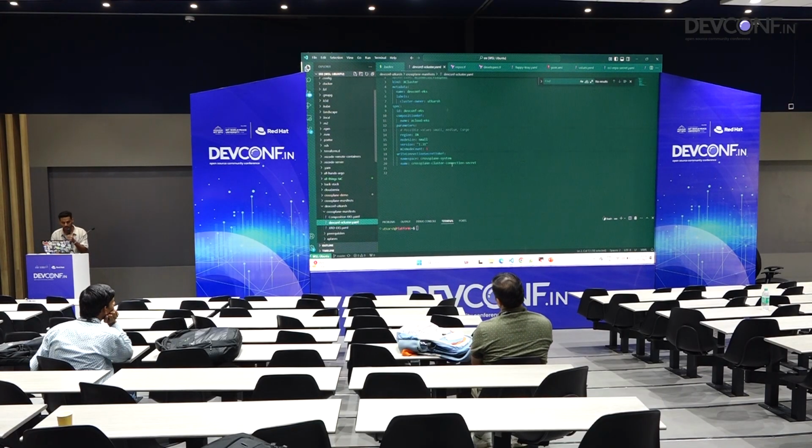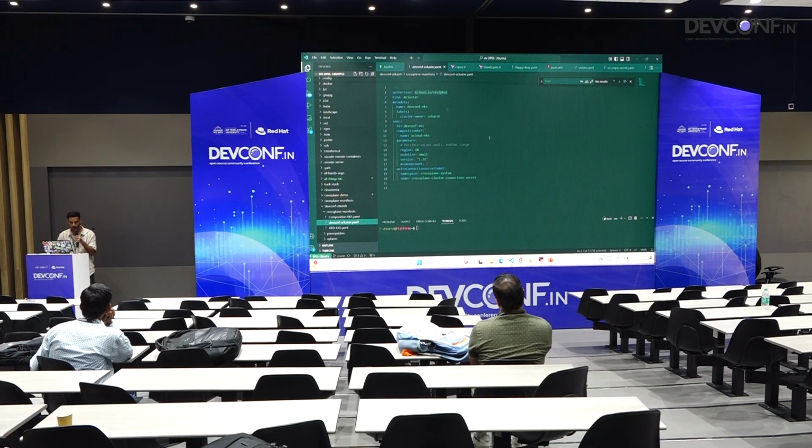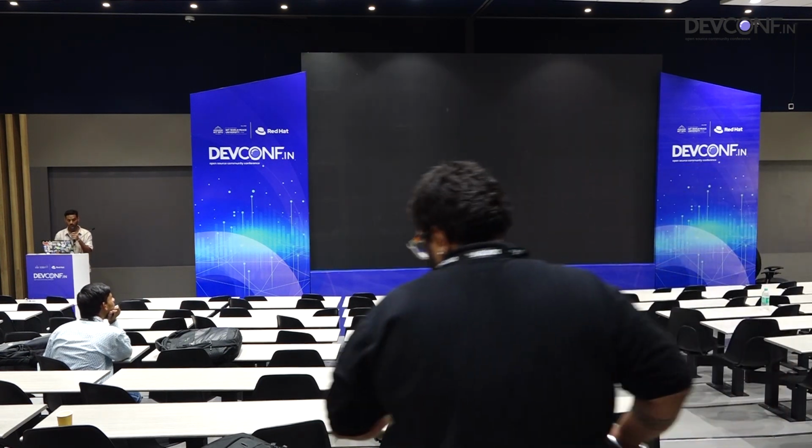Finally, let's change my hat. I am a developer now. So to avoid all the complexity, I have to create a similar file like this. This file has the capability to give me a Kubernetes cluster in EKS without me knowing any of the best practices of VPC or security or IAM.